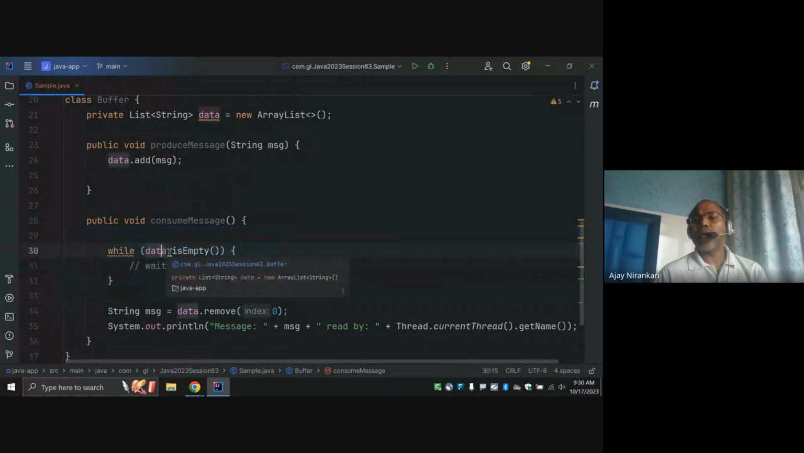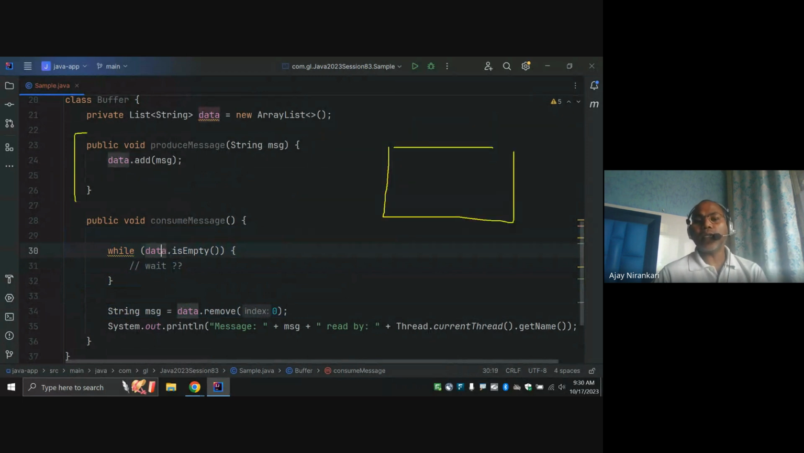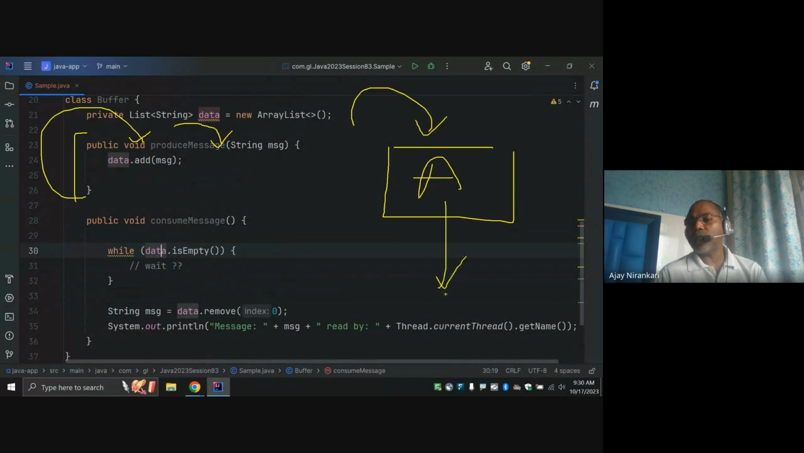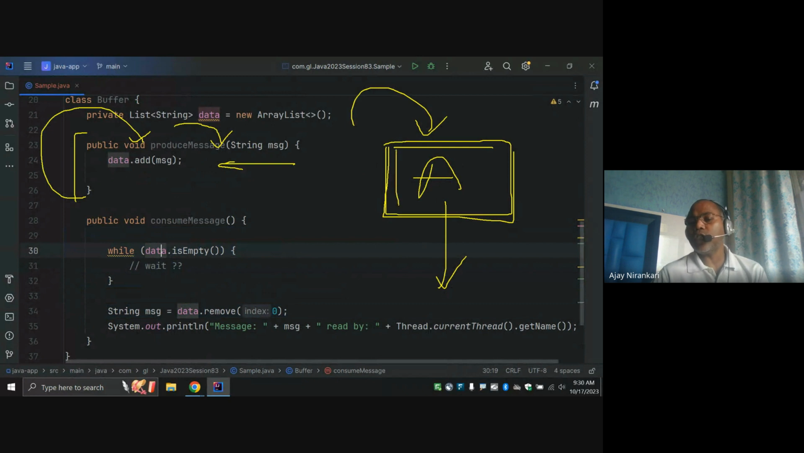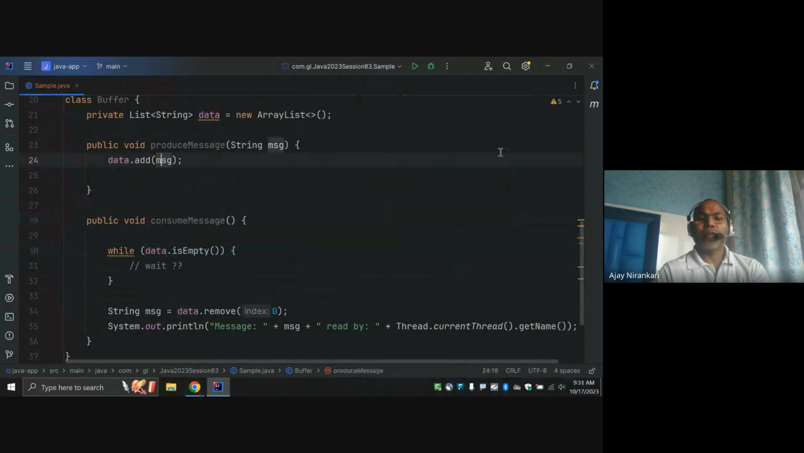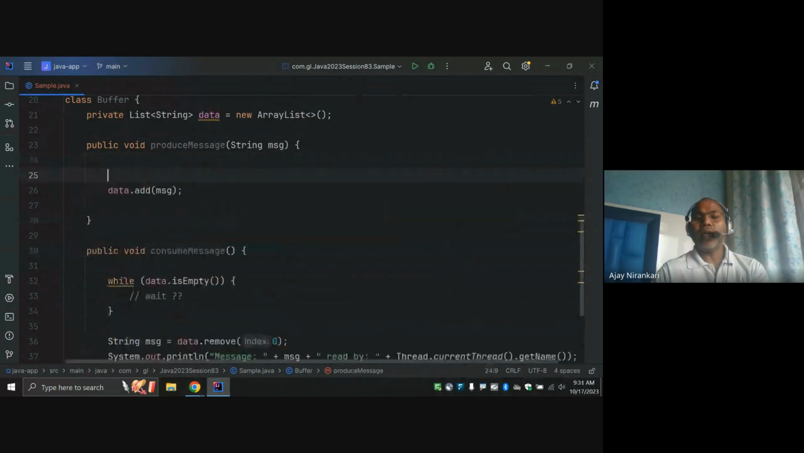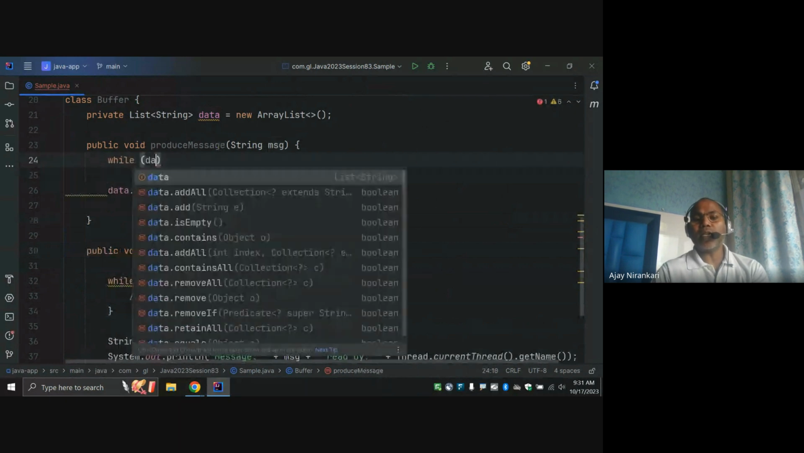And the second scenario: my producer thread comes and is going to produce a message. Let's say it gets a chance and produces a message, writing message A. And next time this thread again gets a chance, it is not going to write a message again, because it has already written one and someone has not consumed it. If there is already a message here, that means this producer thread must wait. Similarly here, apply a check: while data.size() equals 1,